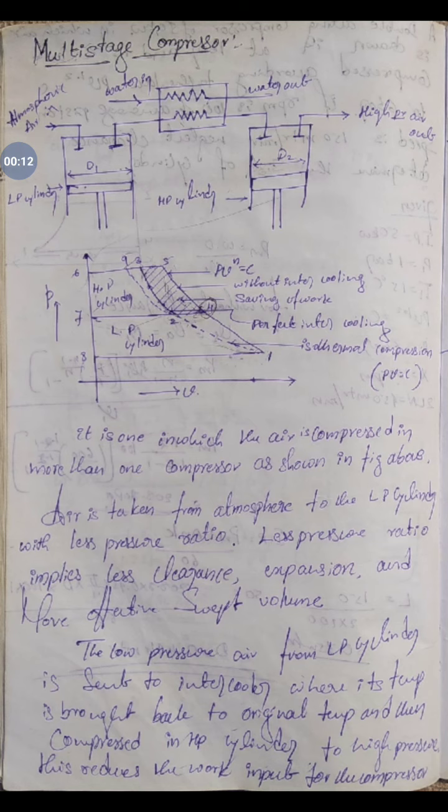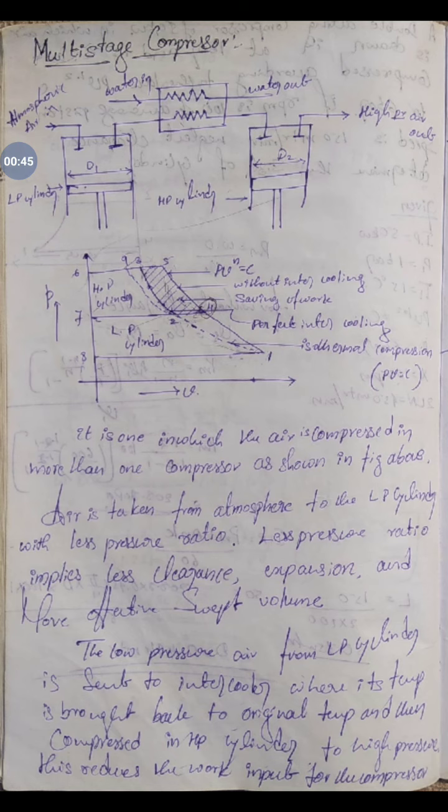Okay, so I'm going to explain class 3 of module 5 about the air compressor. In the last class we studied the single stage air compressor with clearance and without clearance, and in the second class we solved some problems based on this. By this time you might be familiar with the single stage air compressor with clearance and without clearance.